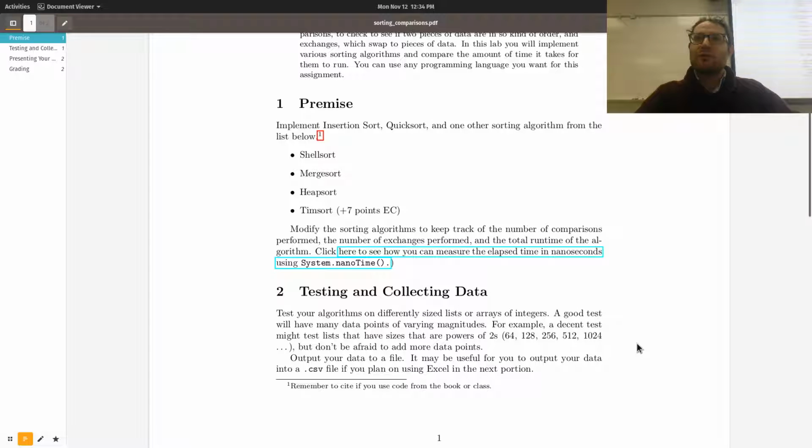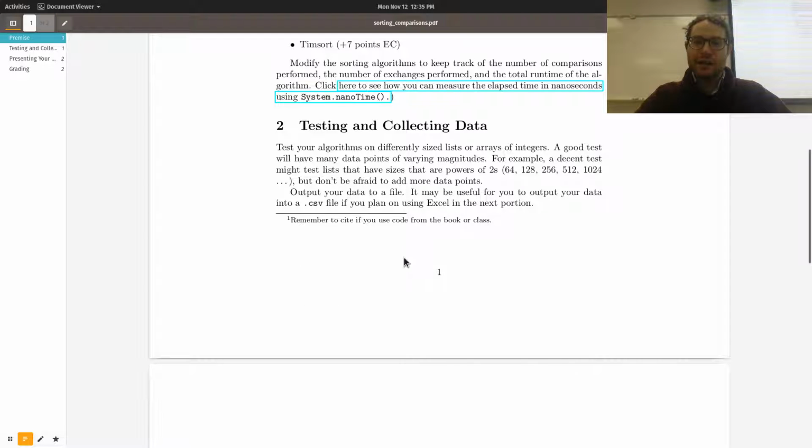Like, try doing sorting algorithms that run into basically the hundreds of thousands or millions of data, right? And see how long they run. Let it run overnight, okay? Because what you're going to be doing is that we want you to output this data in a way that we can look at and say, wow, insertion sort starts out great, but then it gets really, really slow as we get more data. But quick sort, wow, that really is an apt name for it. It's quick, right?